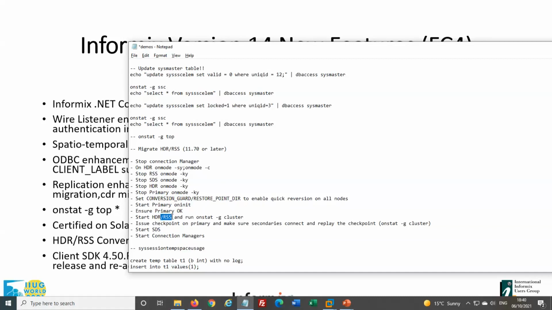You also have the option here, if you have RSSs, to not start the RSSs, get everything up and running, and therefore you have a copy of your database from before the upgrade. If you leave, say you have an HDR and an RSS, the RSS on the old version, it'll have stale data, but if you can handle that and your apps can replay data, then if there's a problem on the new version 14, you still have at least one of your secondaries that hasn't been touched by the upgrade, and therefore you can roll back to that if you needed,